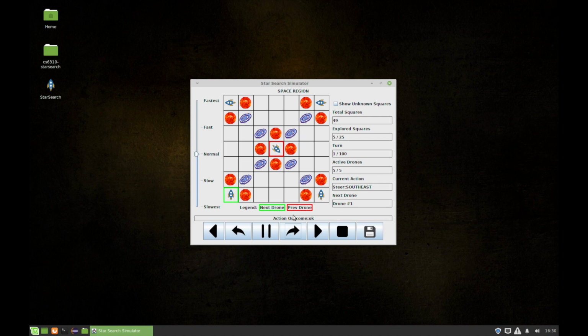In addition to single-step playback, we've included an automatic continuous playback mode. We can start automatic playback mode by clicking the play button here, rewind by clicking the rewind button here, play again by hitting the play button, pause, play again, adjust the speed, slower, faster, pause, rewind,